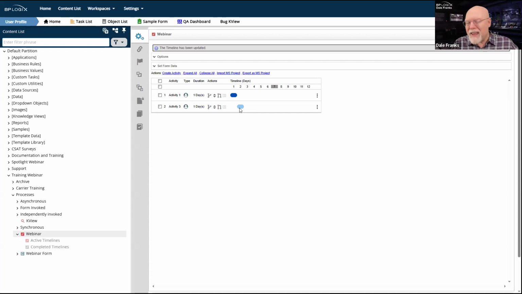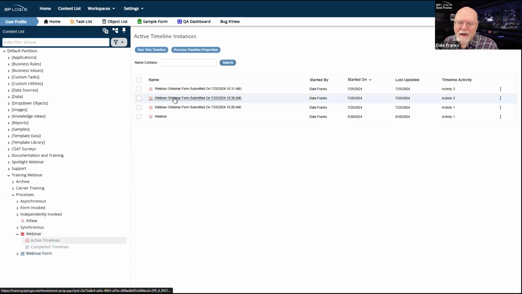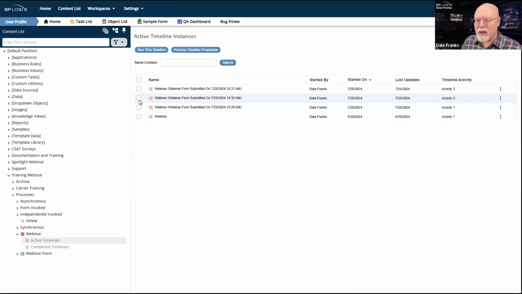So if you're going to make that level of change, you're going to have a management burden on going into timeline instances and just manually fixing them, because, under the old system, we just automatically threw everything into an error state and you had to go and correct it all manually, or under the new system, whenever the activities get done, they'll eventually go into an error state because you've made too fundamental a change to the process timeline.